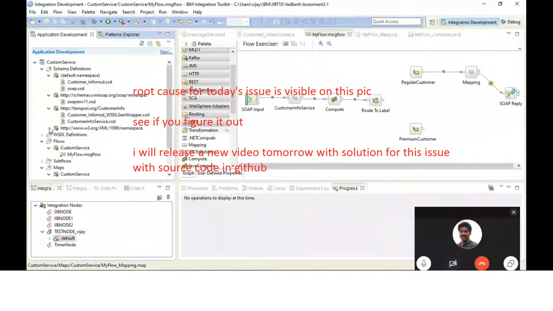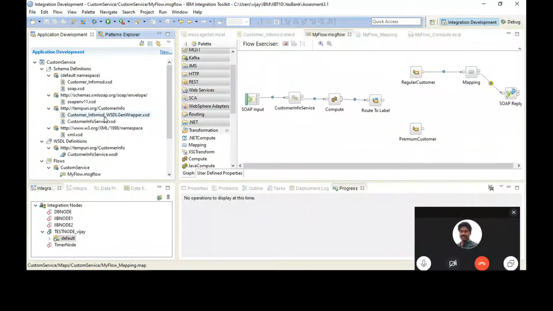All this looks proper. One thing that I saw: when others created a SOAP service, this part was always an inline XSD. In my case, it was always generating this gen wrapper thing. I don't know what it is. So that could be a problem.